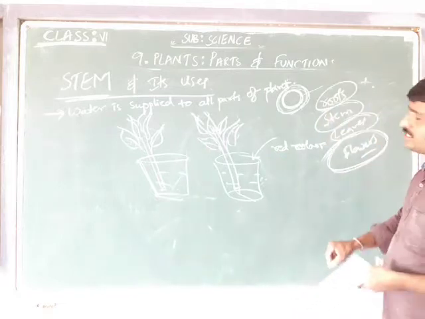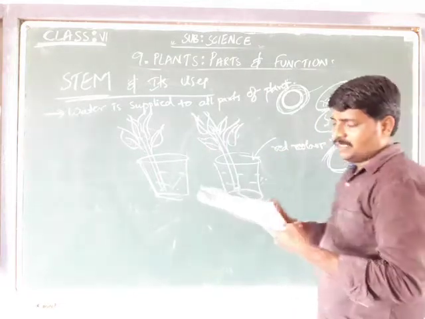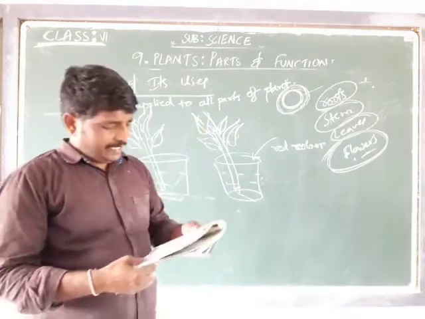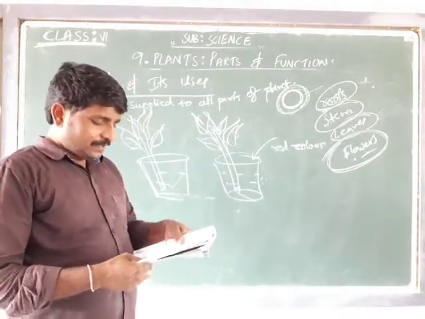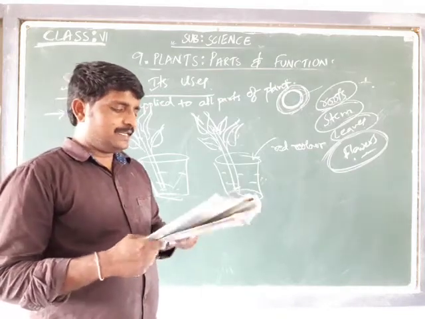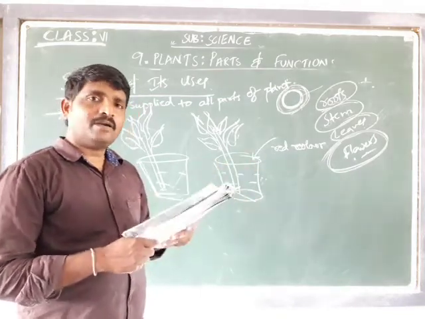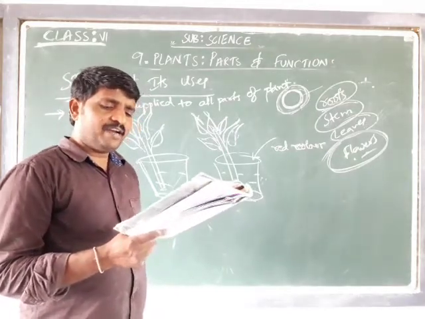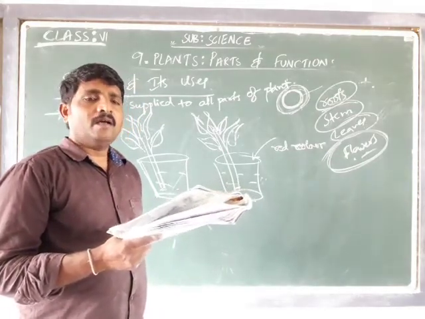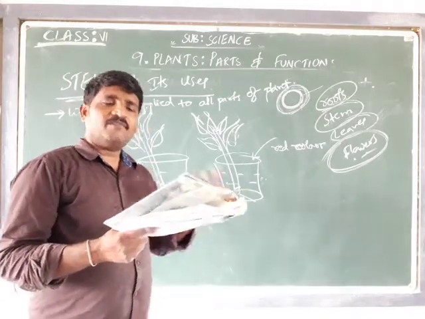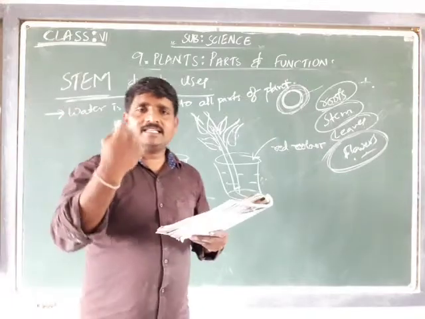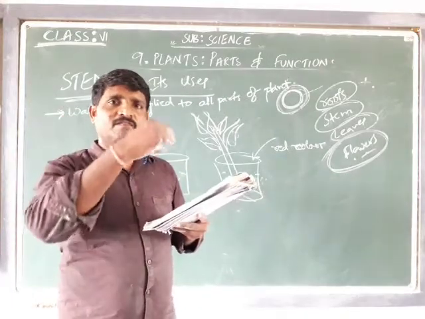Now we will see what flowers are and what the functionality of the flowers is. The last segment: the flower is another important part in the plant. The flower has different colorful structures called petals. If you see rose petals, they are different colored structures.